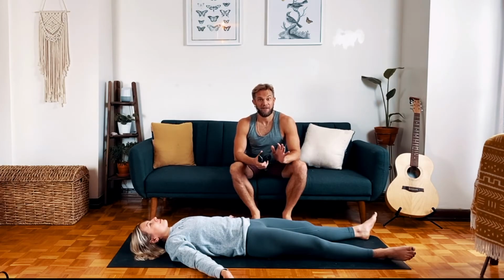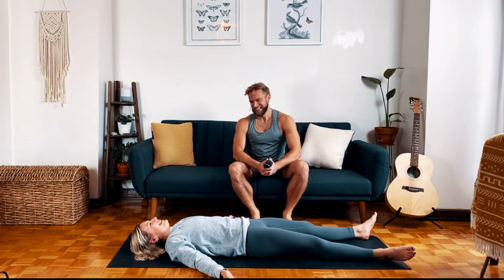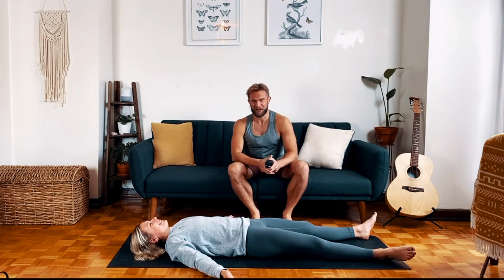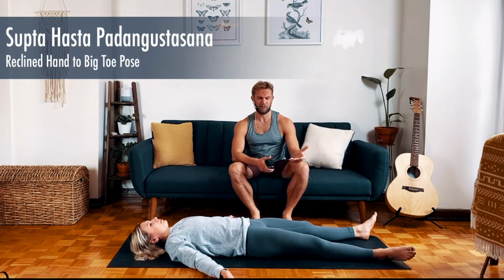Next, we'll look at one of my favorite assists to give, especially with people who are a little bit tight or extremely tight. Sophia's not one of those people, so she's going to have to do some serious pretending here for the camera. So if, say, Stiff Steve is in class, and I say, okay, everybody, bring your right leg